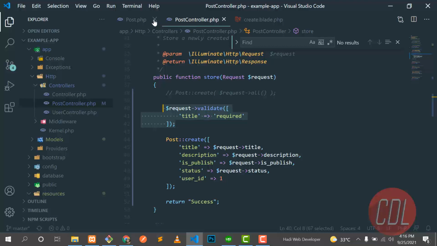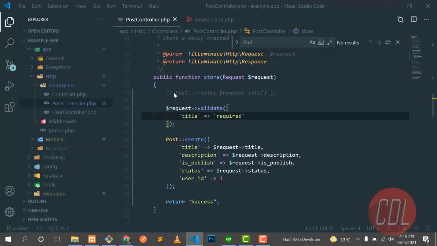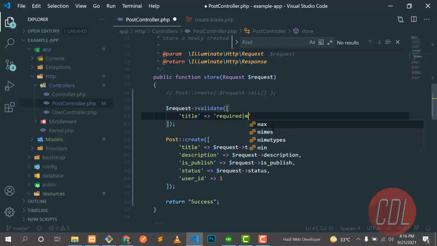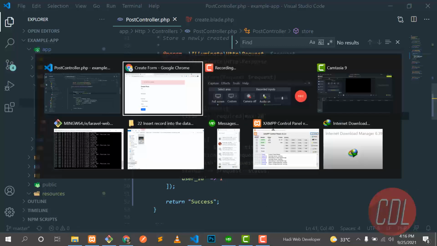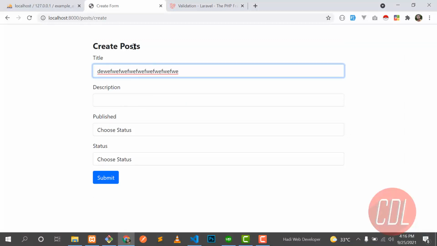It's creating confusion for new ones. So here I also want to validate that the user can enter only 20 characters. If you want to implement two validations, you need to use this pipe sign, and then I want to make this 20 characters long. So the user can only enter a maximum of 20 words, right? 20 characters, not words. So let me enter max:20 and see what it throws.